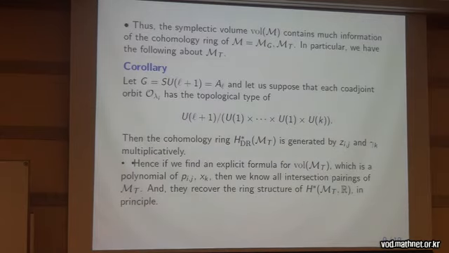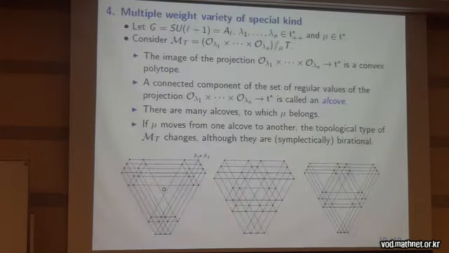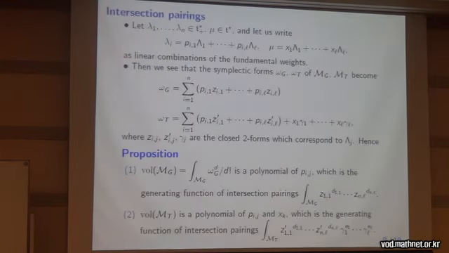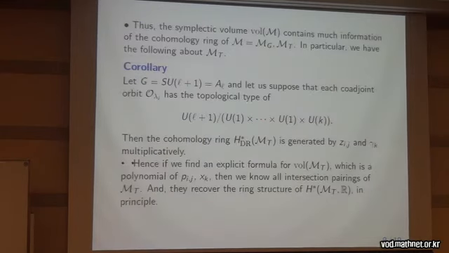Then we can show that the homology ring of M_T is generated by Z_ij and gamma_k multiplicatively, which appeared here. The homology ring of M_T is generated by Z_ij and gamma_k multiplicatively. Hence, if we